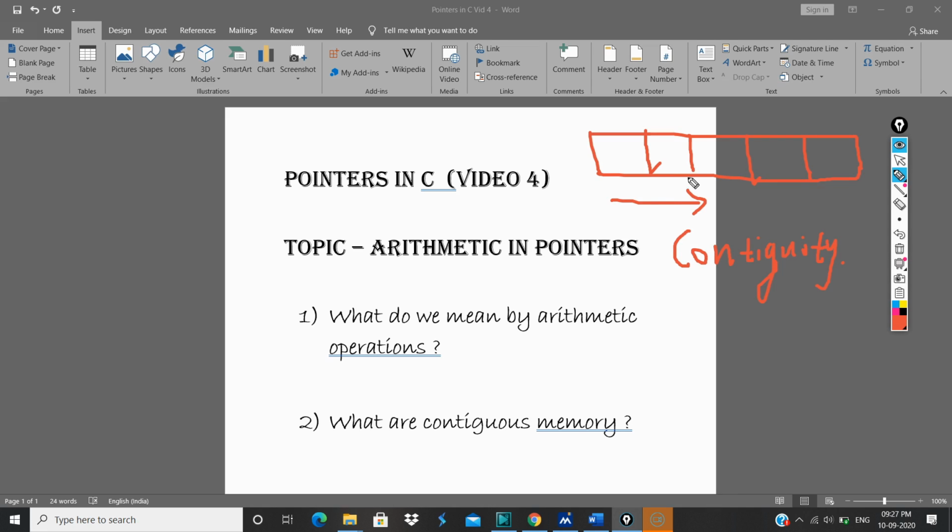Contiguity means you can think of this as one particular block.